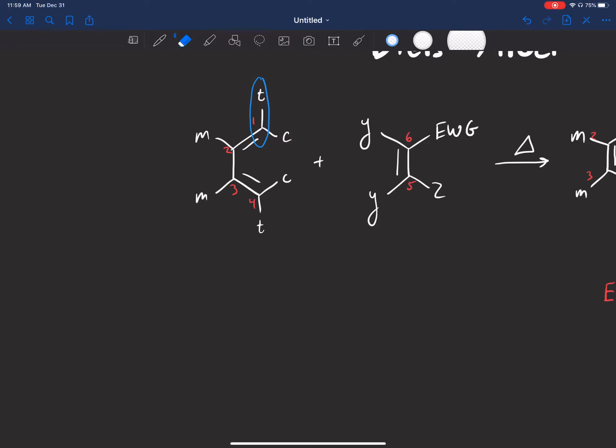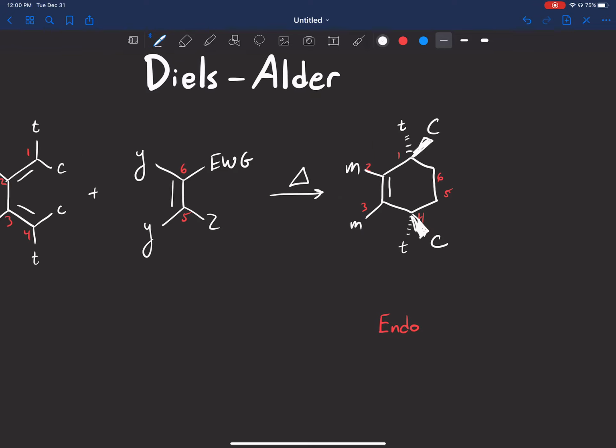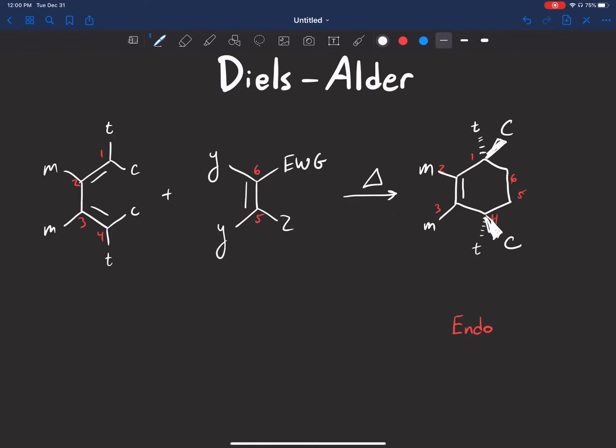Now let's look at the cis groups. Remember that the trans and the cis are not on the same side, so if one is wedged, the other is dashed. And the relationship still holds that these two cis groups are on the same side as each other. So if I make this cis wedged, this one also has to be wedged. So let's draw a wedge. Now we just have to worry about our